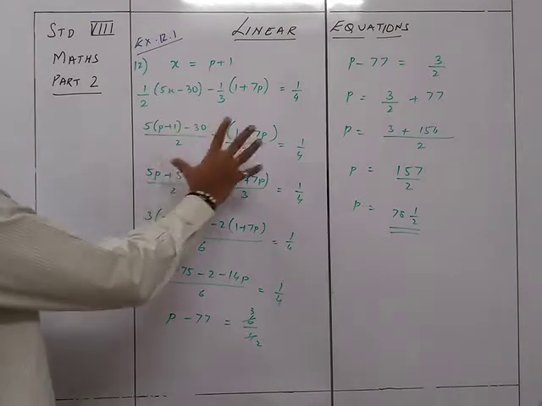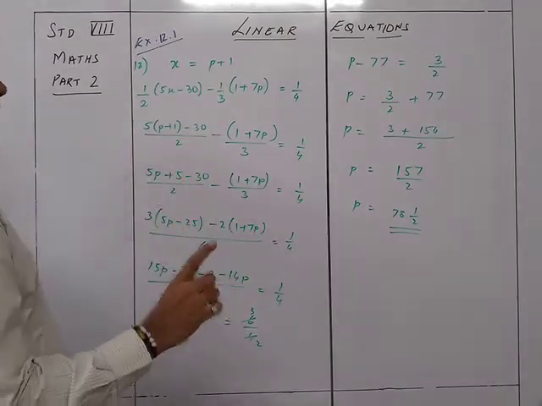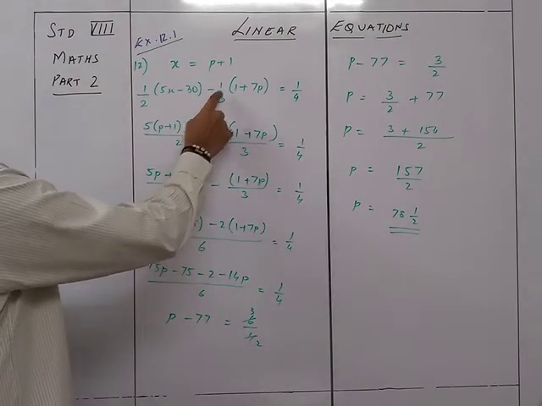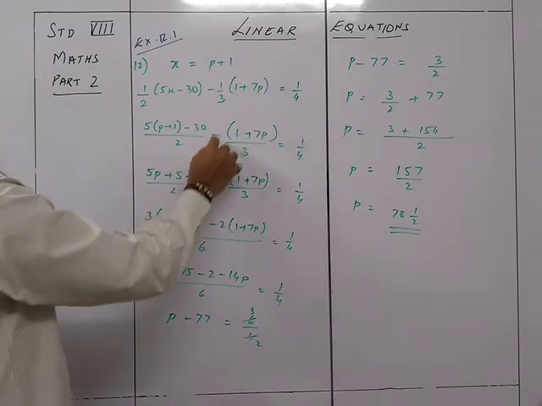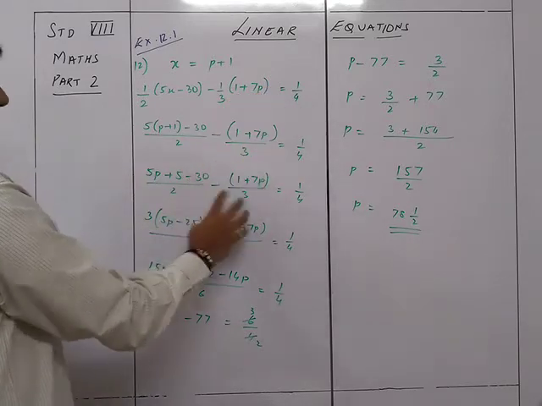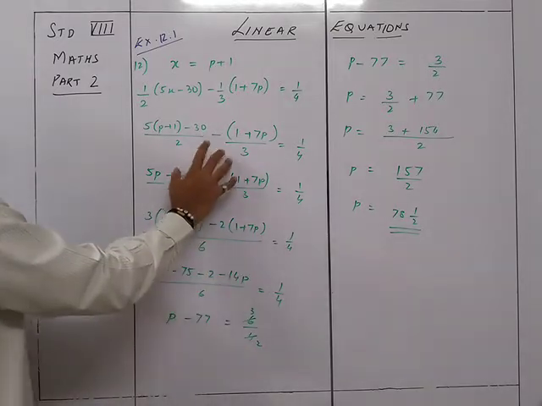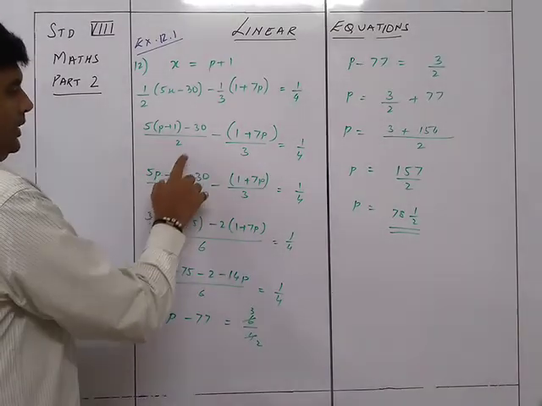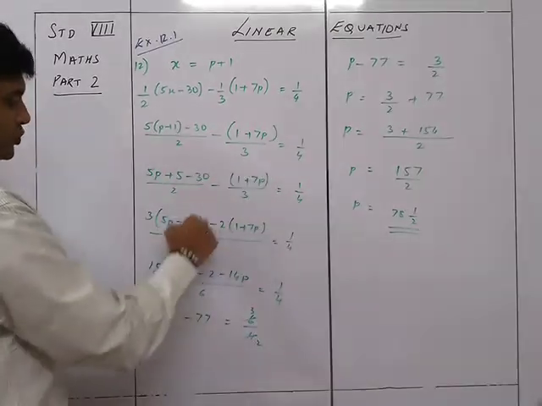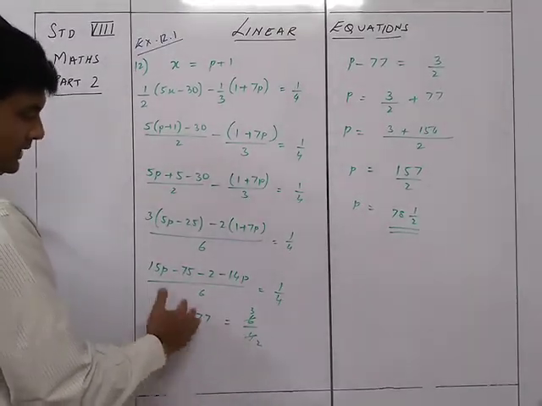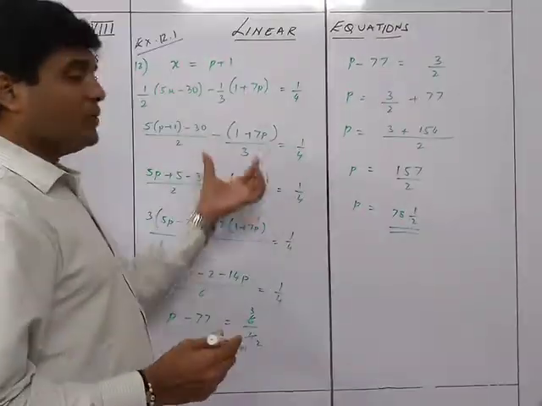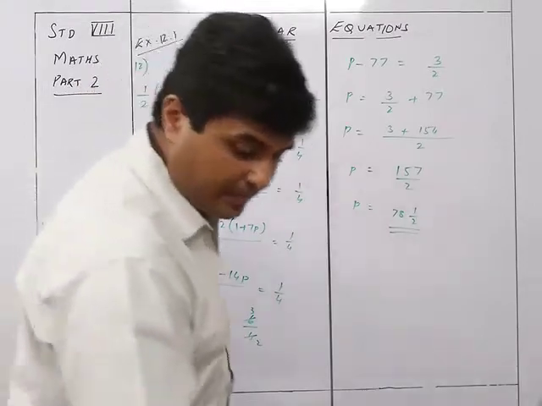So you can see there are certain things which are slightly trickier over here. One thing is over here, you are taking it as 1 upon 3, you keep it as 1 upon 3 over here, so you keep this away. The moment you change the sign inside, then it's going to be slightly confusing. That's why I kept it as it is. And then you are going to cross multiply here, so get the LCM as 6. Then you just open the brackets and solve. So mainly you have to take care about the signs what you are going to take over here. So that was sum number 12.